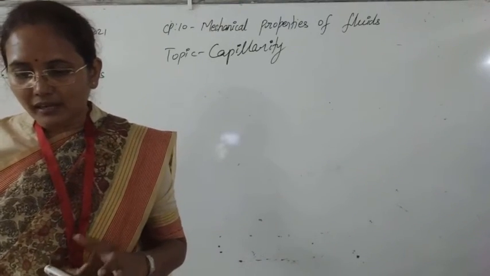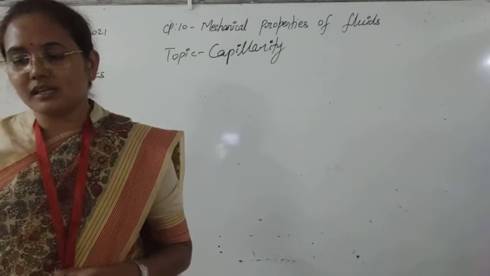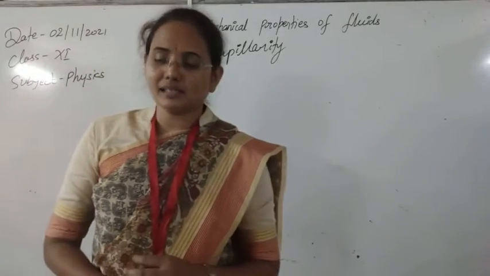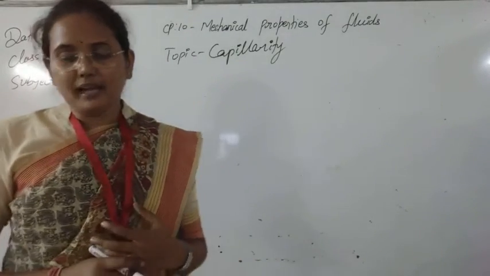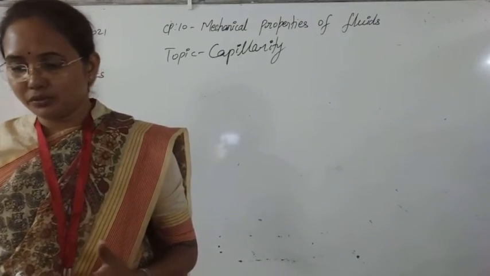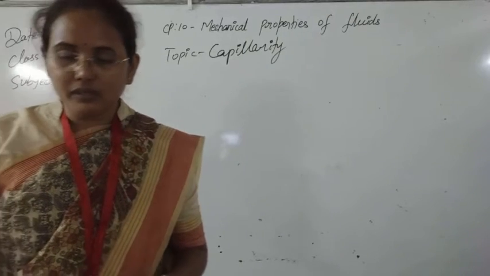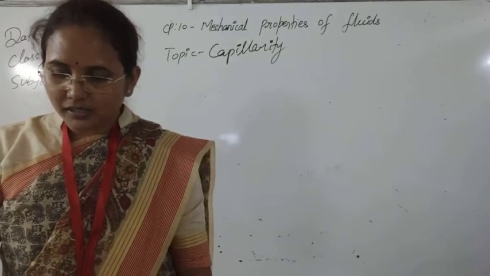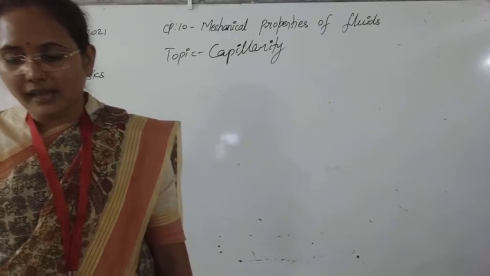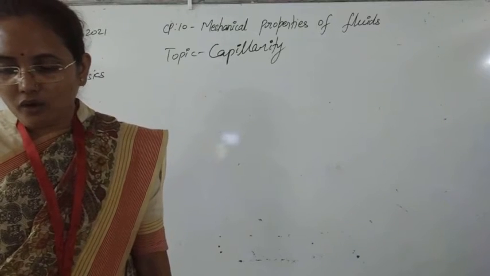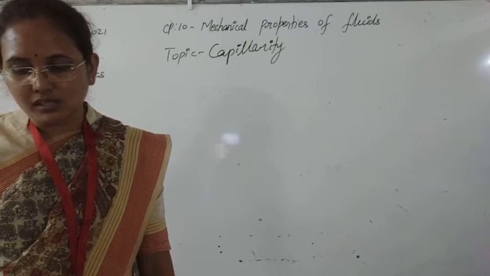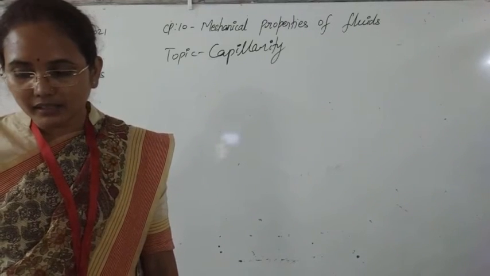A tube with a fine and uniform bore throughout its length is known as a capillary tube. It means you have a tube whose length is very great and which has a fine and uniform bore. That is known as a capillary tube, simple. Suppose one end of a glass capillary tube, open at both ends, is dipped in a liquid like water which wets the tube. The liquid level in the tube rises to a certain height above the liquid level in the container.